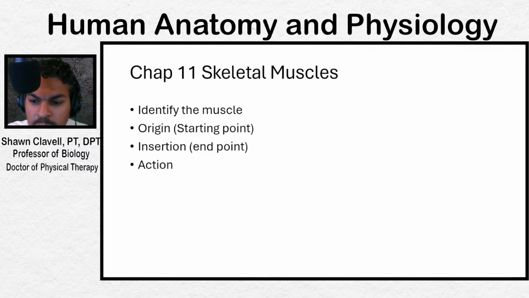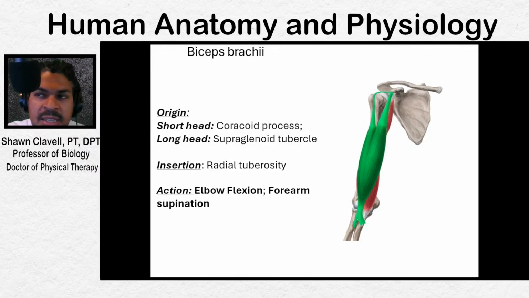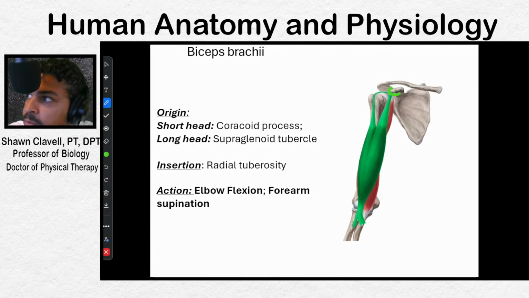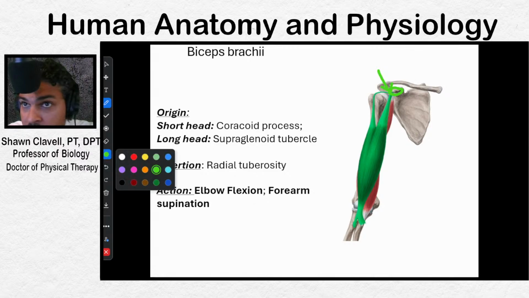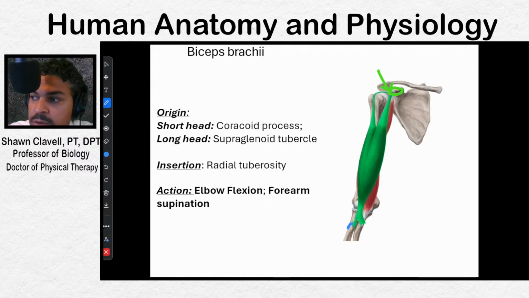Okay. So let's take your biceps, for instance, right? Your biceps has two attachment points. The first one is the coracoid process of the scapula. There's the coracoid process of the scapula. There's another origin right there, the supraglenoid tubercle of the scapula as well. Just above the glenoid fossa is a tubercle. It's called the supraglenoid tubercle. So again, it attaches to the coracoid process of the scapula and the supraglenoid tubercle of the scapula, and then runs all the way down towards its insertion point, which is, let me draw it right here for you, the radial tuberosity. The radial tuberosity, again, located on the radius.